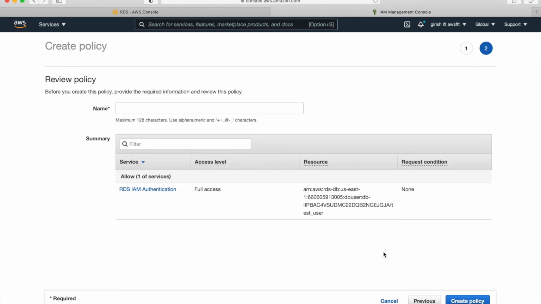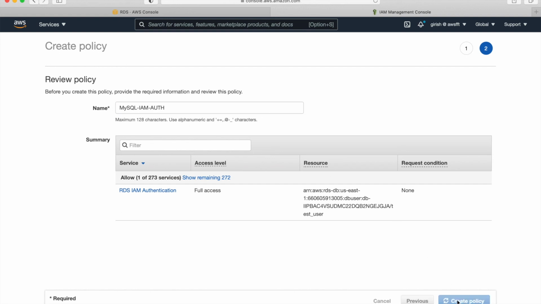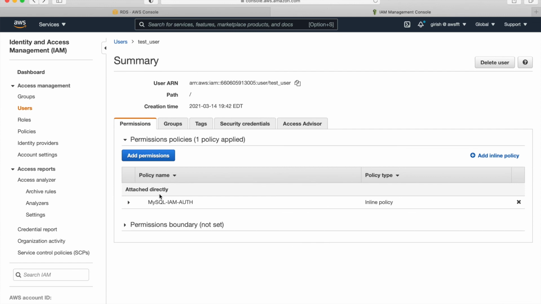So you can see that I created a policy. It just asks me for a name, so I can just give MySQL IAM auth and create policy. So this policy is created and it is attached to this IAM user.